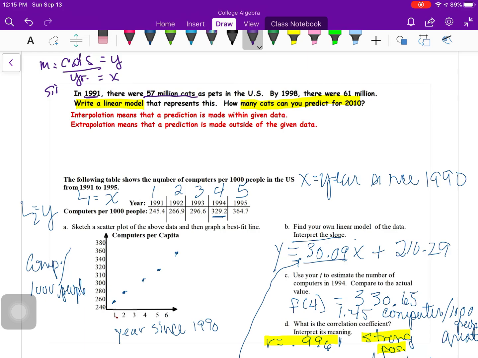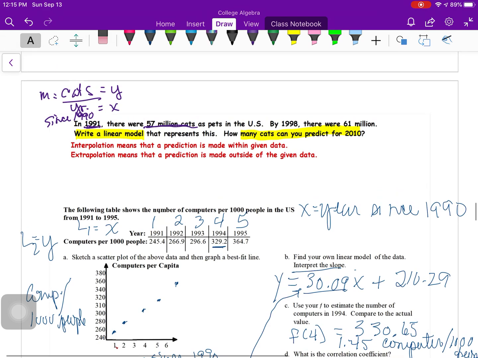And actually, I'm going to do the years since 1990. So 1991, 57 million cats. I'll do cats in millions. That will give us the data point (1, 57). In 1998, there were 61 million cats, so that would give us the data point